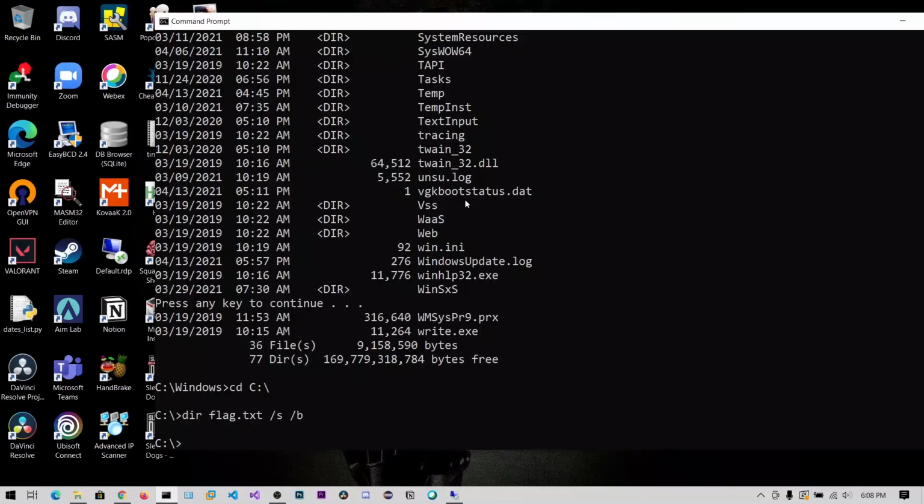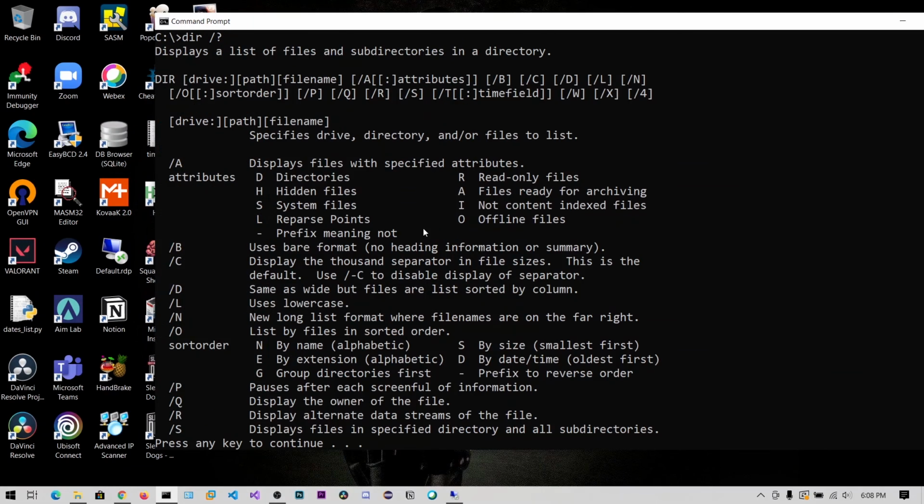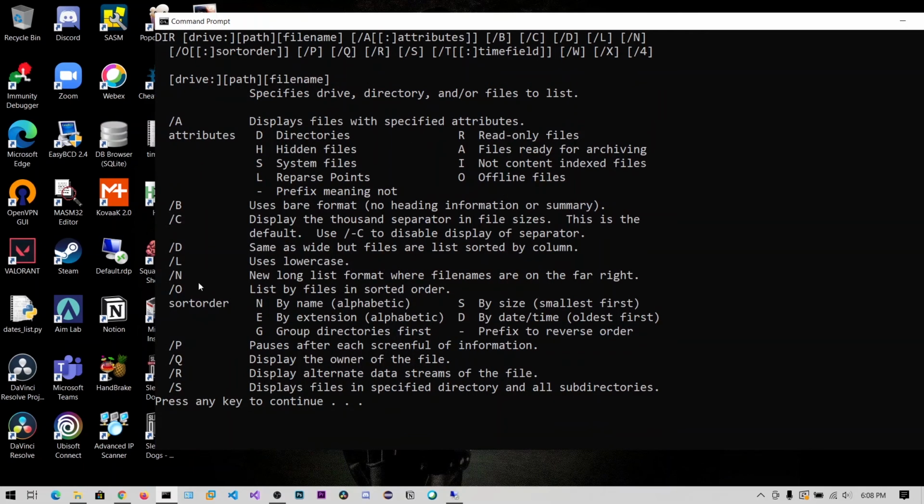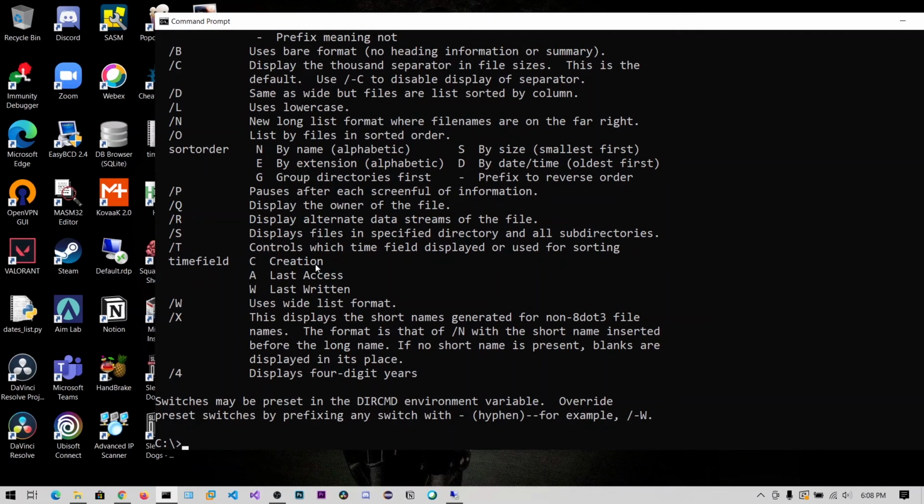So I forgot to say one thing, one important switch. So that is the T. So if you specify the T and C, it will sort according to the last creation and last access, last write. So if there are two files, the recent written file will be shown first. So that is the use of this T switch.